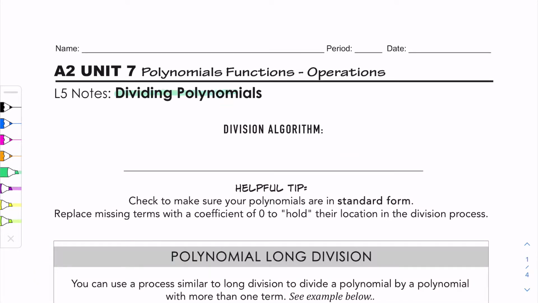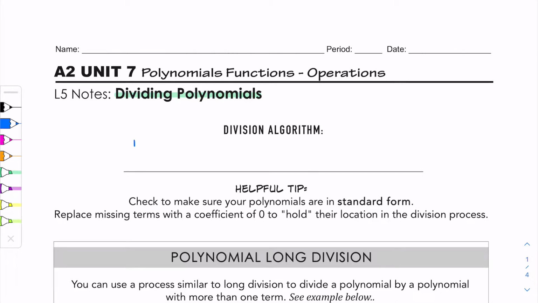Today we're learning how to divide polynomials. There's two methods we're going to go over. One of them is called polynomial long division, and the other one is called polynomial synthetic division. So in either case, there's an algorithm, and the algorithm says that you have a dividend divided by a divisor,